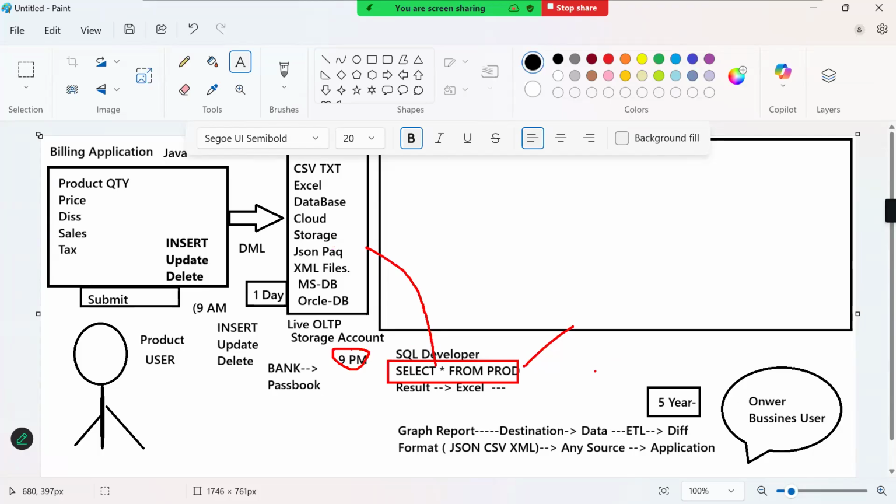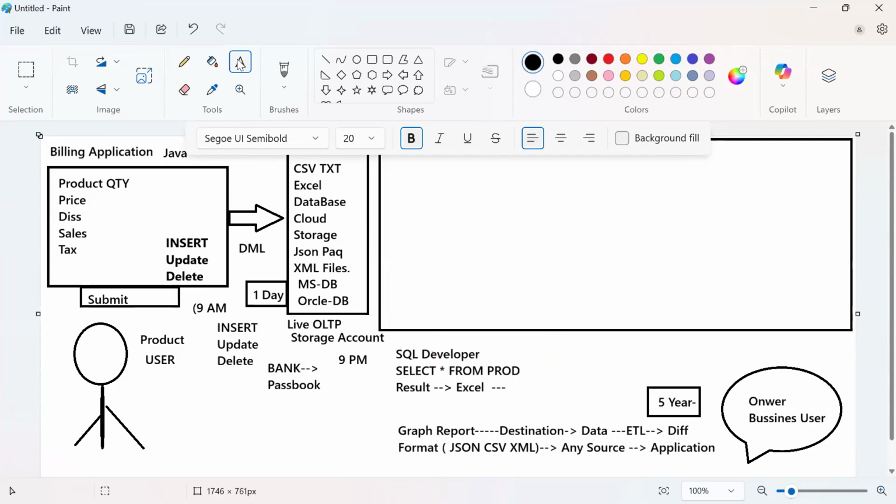But my client is not going to wait for the morning or the night. These people are not going to wait. They want an immediate report, a quick report. So that is where the BI developers come into the picture. BI end-to-end developers get hired to manage everything in a smooth process.